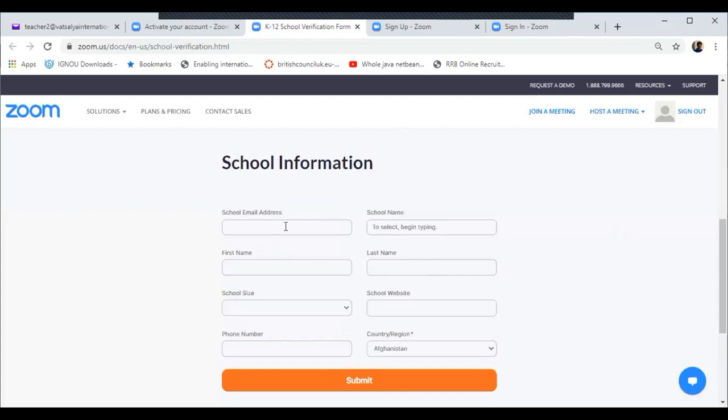After that, we need to open that account. Here you need to provide the school account, that is Vatsalya@international.org, which I have already provided to you in the Word file, and here we need to write the name of the school.